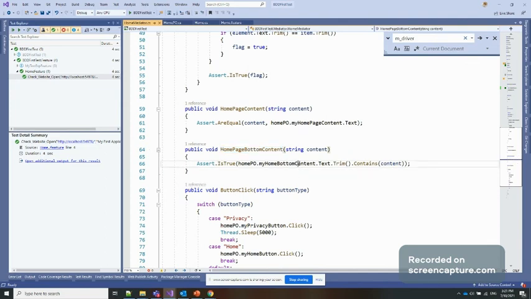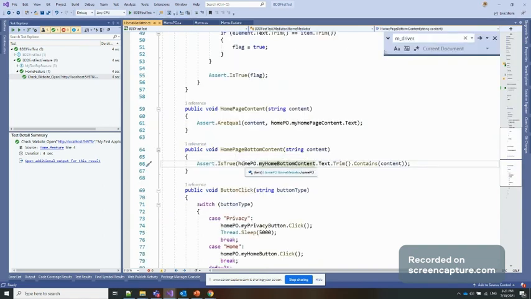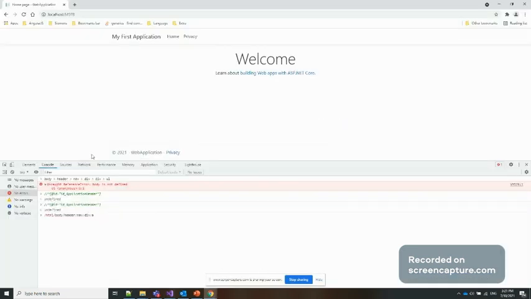If I go to this PO object, in the PO I'm again using the XPath. The same way we are identifying this one. And if I go here, you can see we are getting the XPath with the complete information. Complete information means from this one up to this one, and in our example we are checking only this portion.